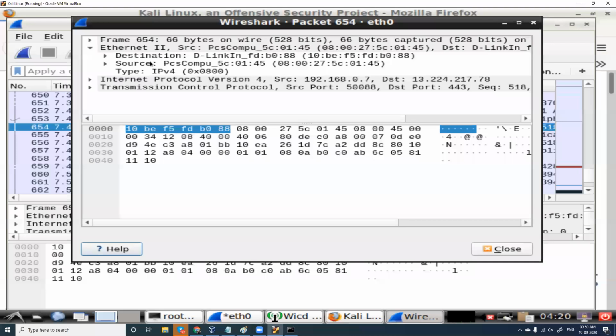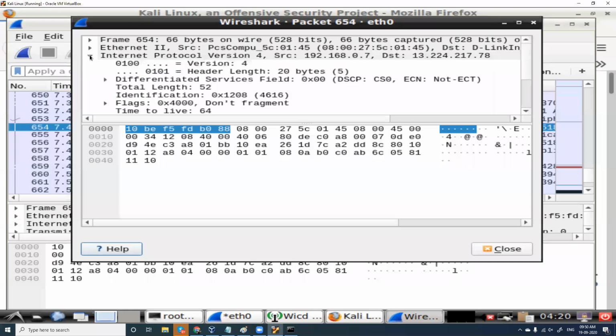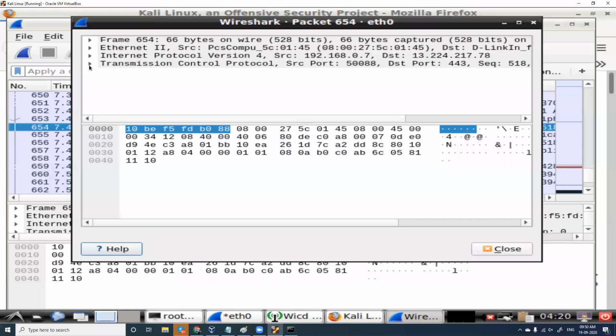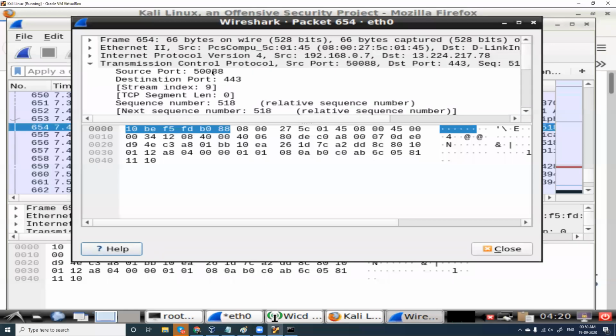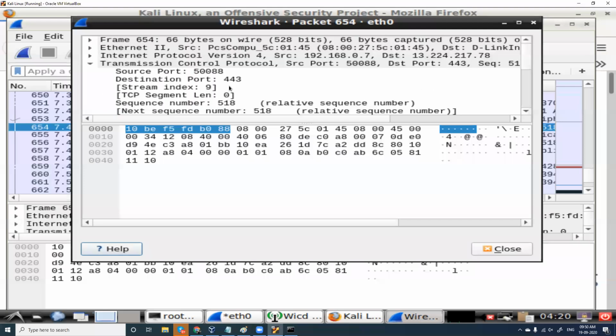What is the destination MAC address? Fine. And network layer, we have the router, and when it comes to the router, it is the IP address. So what is the source IP address and what is the destination IP address? Fine. And transport layer, we have port numbers: which port number is being used, to which it is sent. We have a lot of information here.